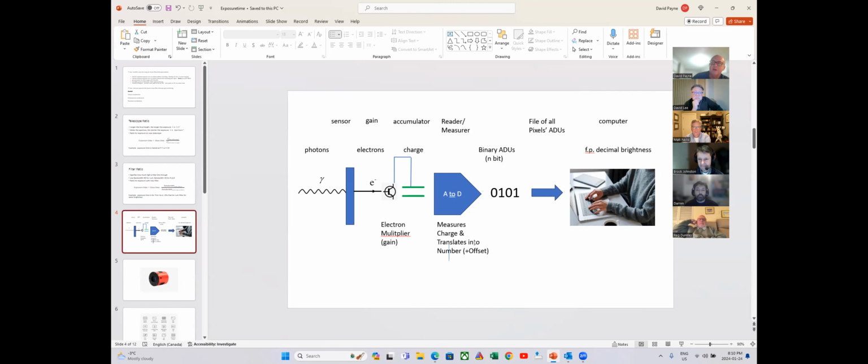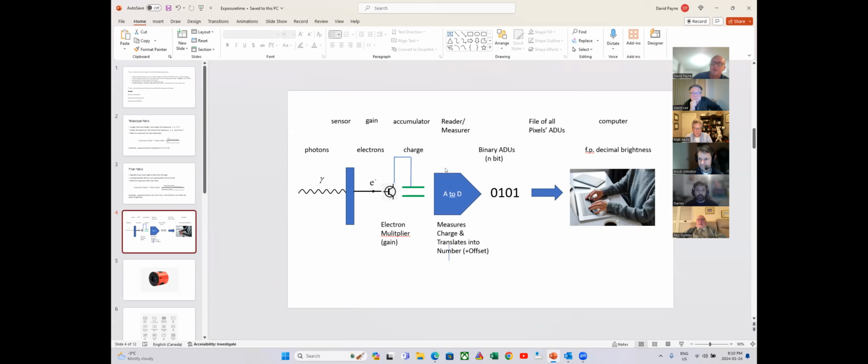It also adds an offset that I'll talk to in a little bit, but it's just a number it adds to the charge it read off that accumulator. It turns it into binary code, and then the camera will create a file of all the pixels,